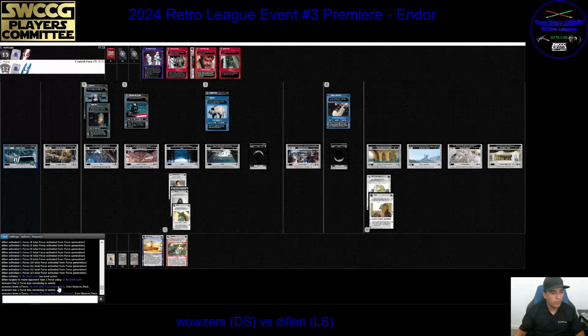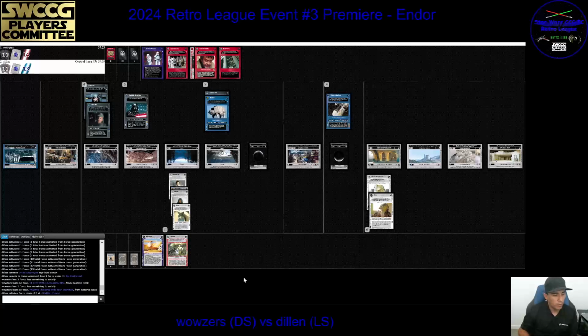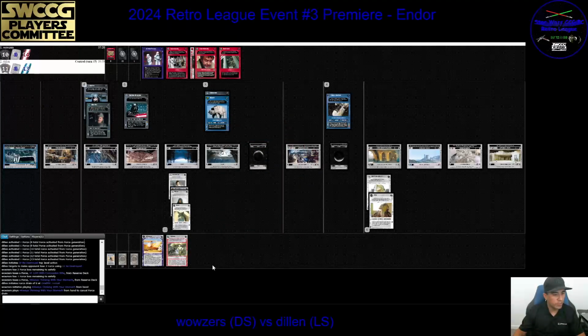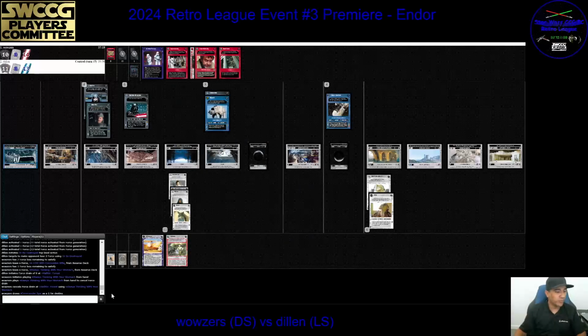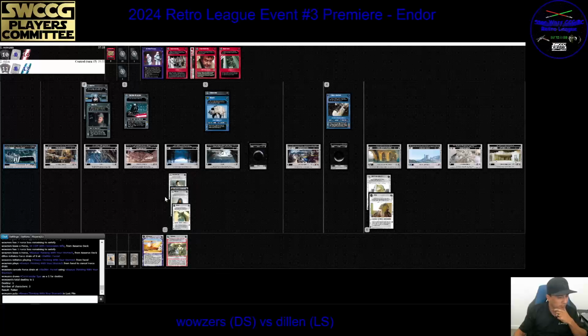We see Wowzers losing Forlorn and Always Thinking with Your Stomach. Both pretty good cards. Ah, and he's playing another one. Okay. Oh, but he misses. That's unfortunate. So he cancels the drain of 1, loses 1 because you lose Always Thinking, but he doesn't get the